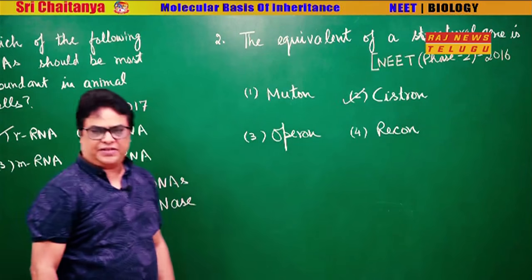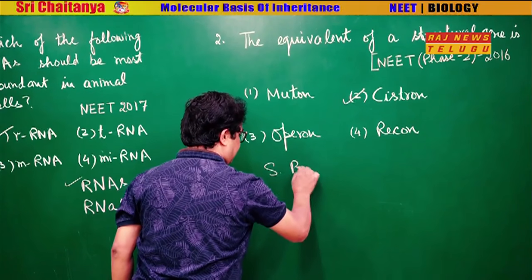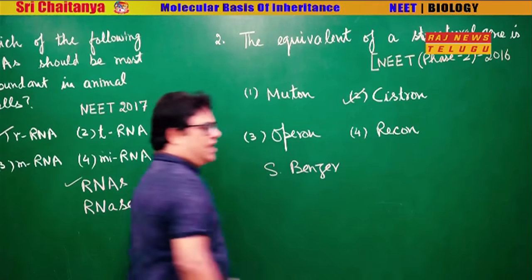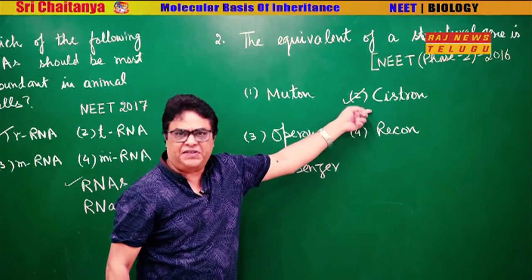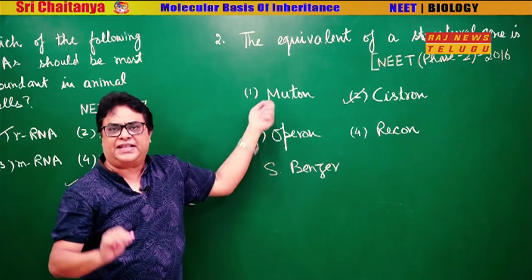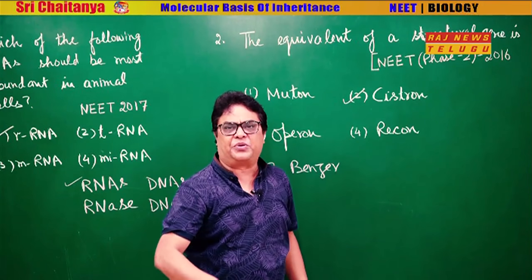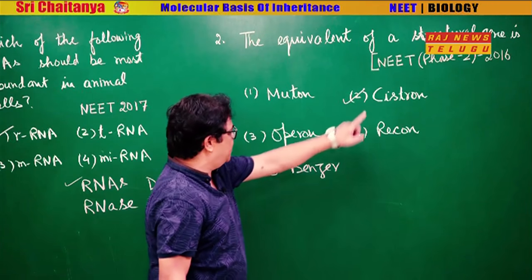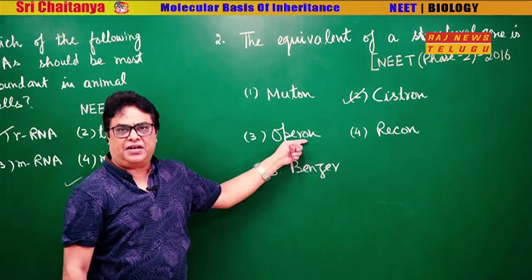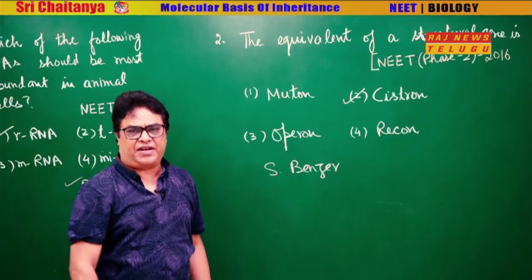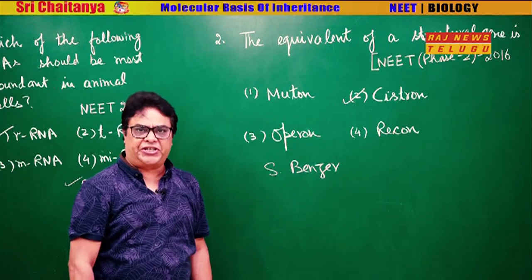This is our answer. Now, one more thing: there was a scientist called Seymour Benzer. He coined the terms cistron, recon and muton. Cistron, I already told you, is the gene for function. The smallest portion of a gene that can undergo mutation is called a muton, and that portion of a gene that can undergo recombination is called a recon. So, the terms cistron, recon, muton were given by S. Benzer. Operon, which we will study later on, was a term given by Jacob and Monod when they explained the regulation of gene expression in the bacterium Escherichia coli.